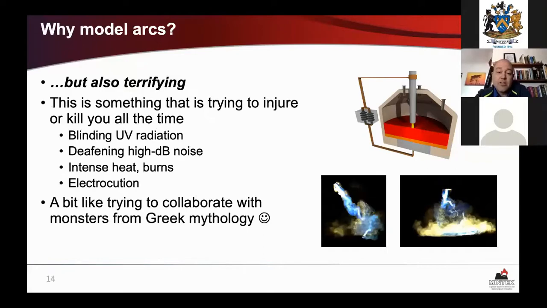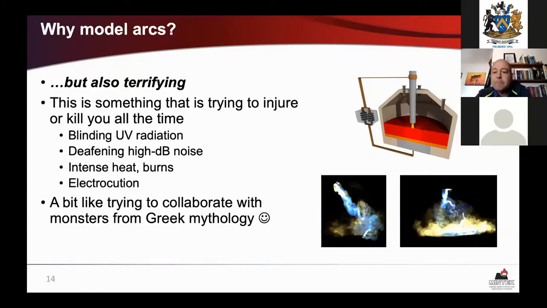Unfortunately, large high current arcs are also pretty violent phenomena, which you'll know if you've ever stood next to one and tried to measure what it's doing. All the hazards involved in studying real arcs really make running experiments and measurements on them very difficult indeed. And that means there are a lot of gaps in the understanding of fundamental arc behavior that we need to